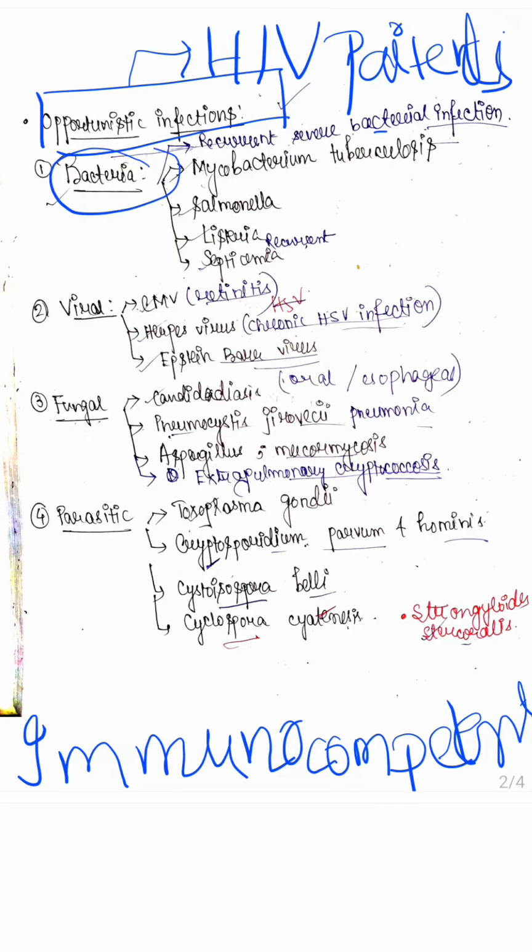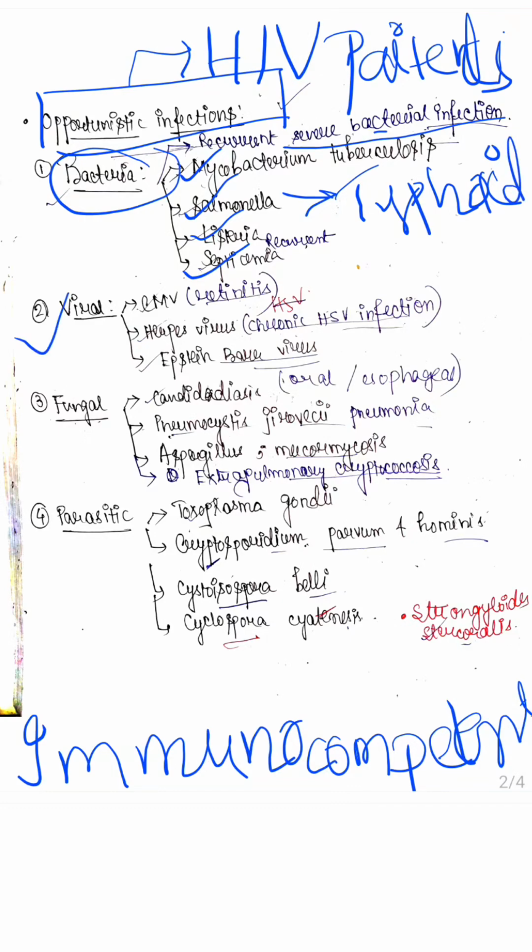We see recurrent severe bacterial infections. The most common thing we see caused by bacteria is infections, so we see recurrent severe bacterial infections. Next is Mycobacterium tuberculosis, another very common one that commonly occurs in India. Next is Salmonella, next is Listeria, and next is recurrent septicemia. Now what does Salmonella cause? Salmonella causes enteric fever or typhoid. Okay, you need to remember this. These bacterial infections are really important.